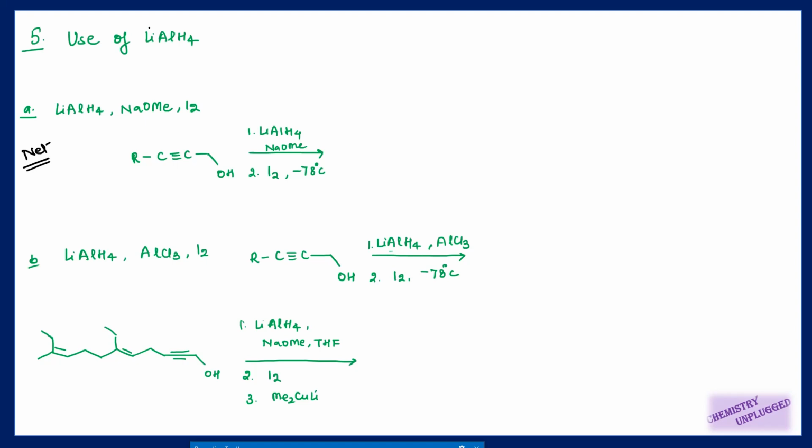We know that lithium aluminum hydride cannot reduce a triple bond all alone, right? It cannot affect it. But the most important position where a triple bond can be reduced is the propargylic position. Propargylic alcohol means we have carbon triple bond carbon, then CH2 and then this OH. You can consider it like an allyl alcohol, but in place of the allyl double bond you have a triple bond. It is your propargylic alcohol.